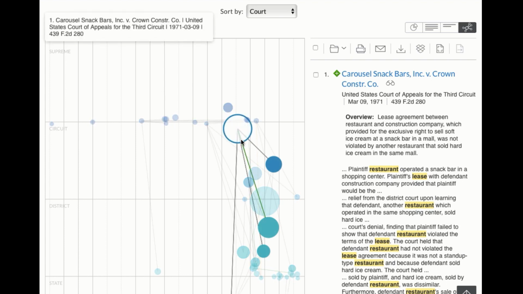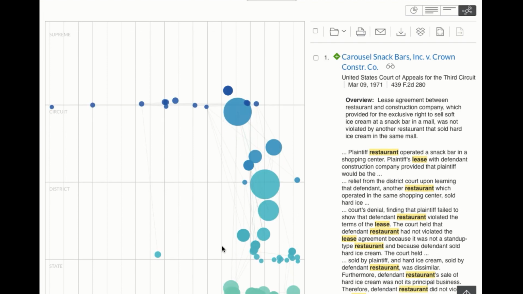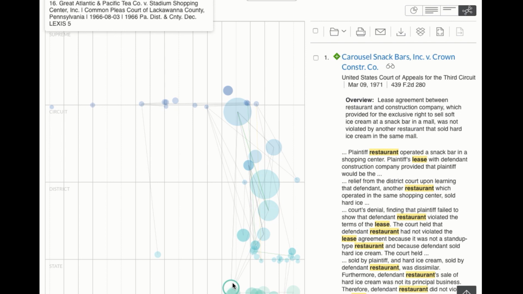The size of each circle is a reflection of the importance of that case as measured by citations. The larger the circle, the more the case has been cited. So the size of the circle helps you quickly spot the seminal cases. You can see the most cited case on our site list is Caselaw, and it's also the most relevant case from the Third Circuit. If we scroll down and look at Pennsylvania state cases, we can see that Great ANPT,